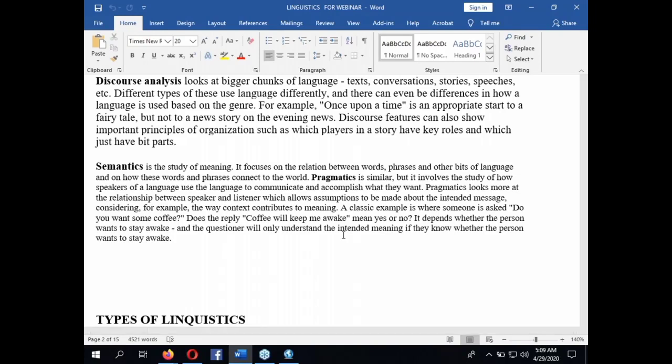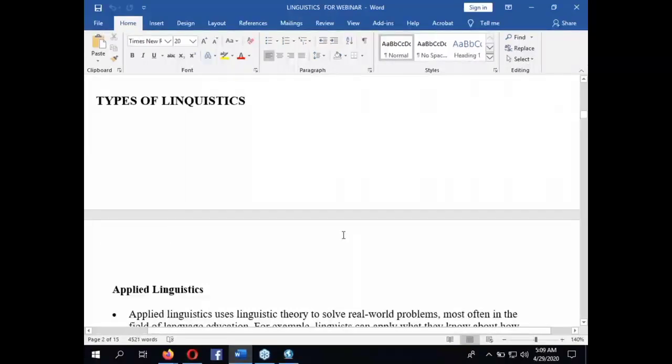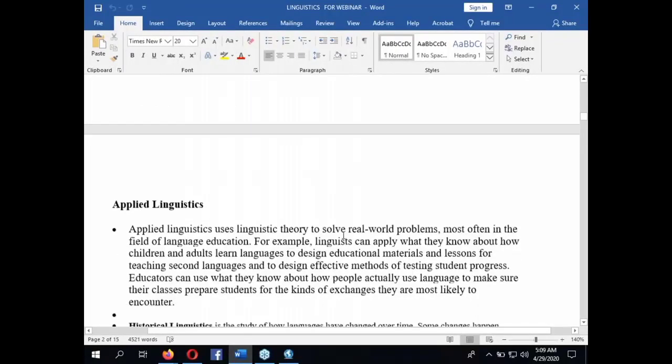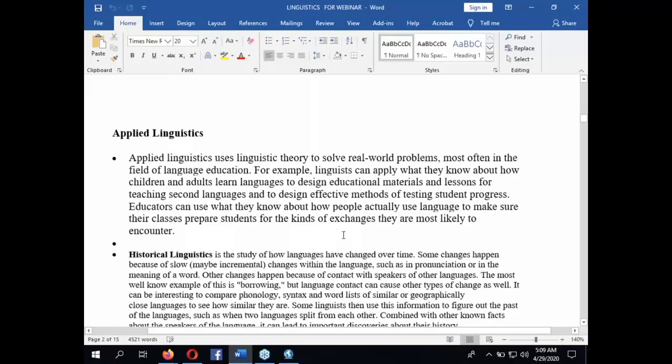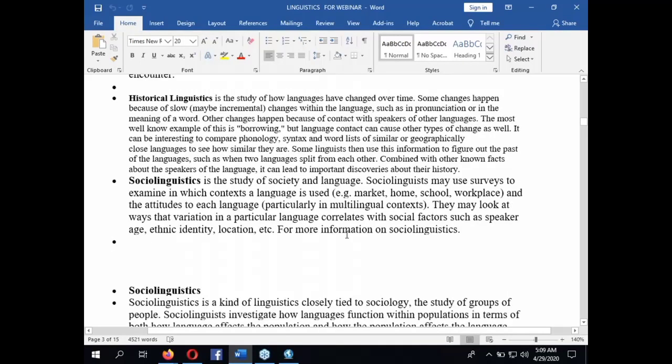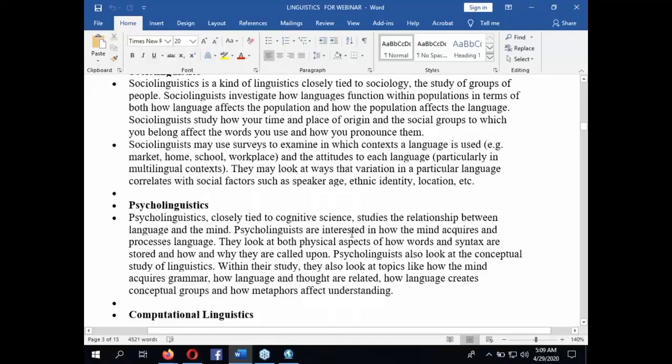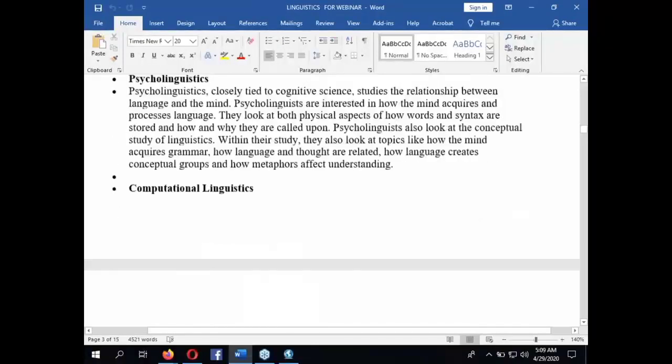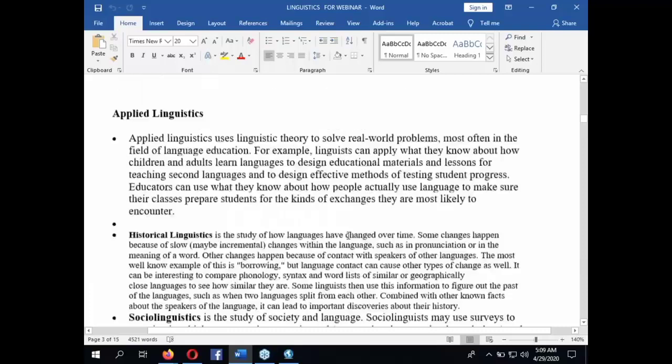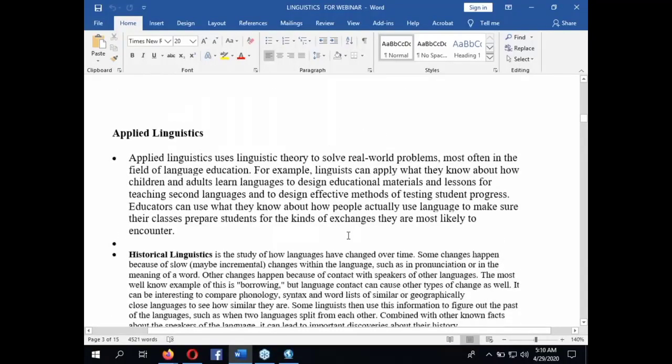Now, let's look at the types of linguistics there are. We have applied linguistics, historical linguistics, social linguistics, psycholinguistics, and computational linguistics. Now, applied linguistics uses theory to solve real-world problems. Just as the word suggests, or as it connotes, apply. So it applies the theories of linguistics to solve problems in the field of language,